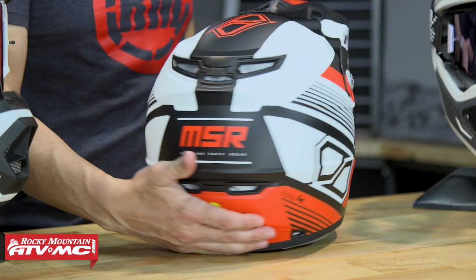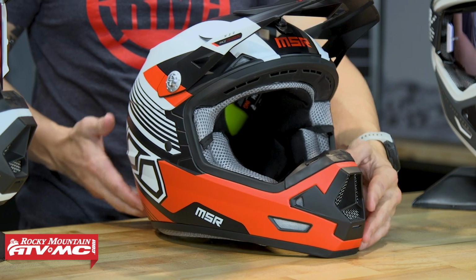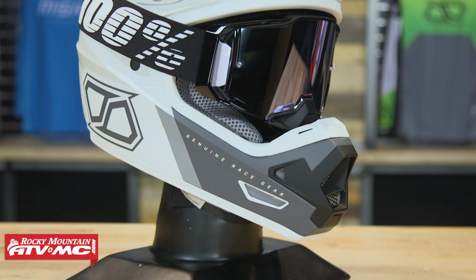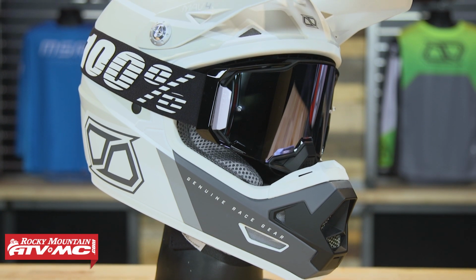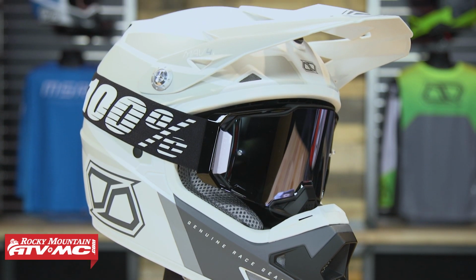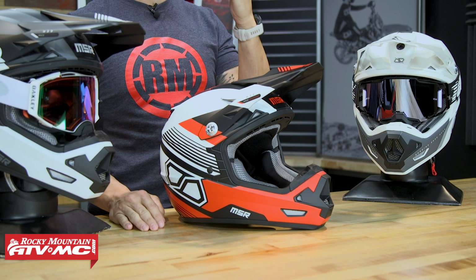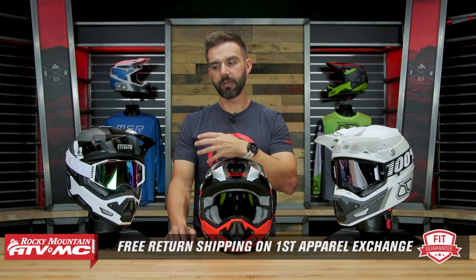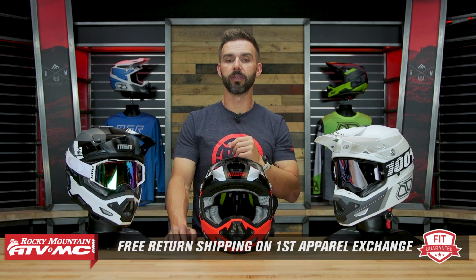Now keep in mind, like I said, for me, a size medium fits me spot on. It's a comfortable helmet, but we have our fit guarantee. So we know fit's very important. You always want to use the sizing guides no matter what helmet you're buying. But if you get a helmet, if you're not happy with how it fits, what you can do is send it back to us in brand new, unused condition. We want to make sure you get it right, so we'll give you free shipping both ways on that first